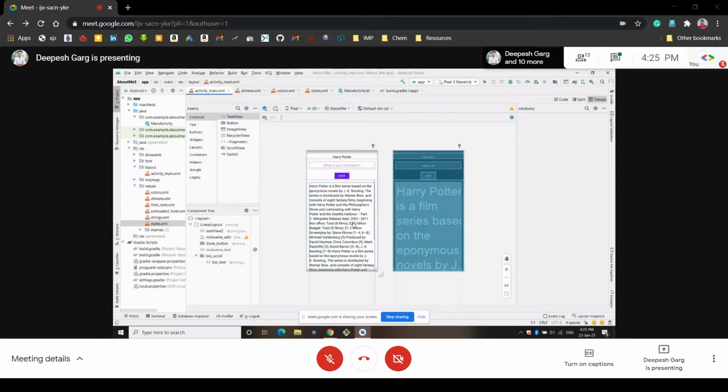It is one of the features of Android Studio and the Kotlin programming language: whenever we want to find any view inside the UI of the app, we use findViewById, because every view has an ID. Through that ID, the findViewById function finds the view